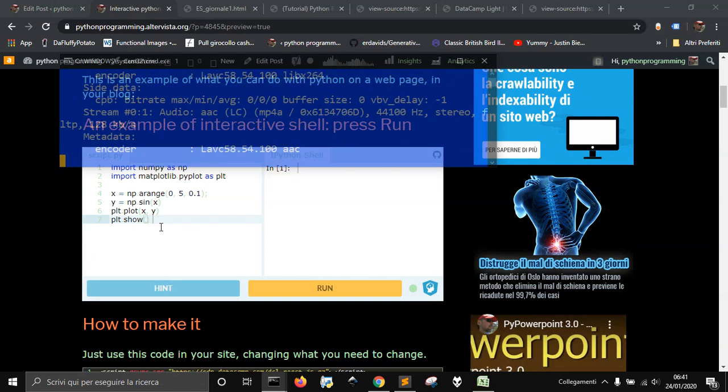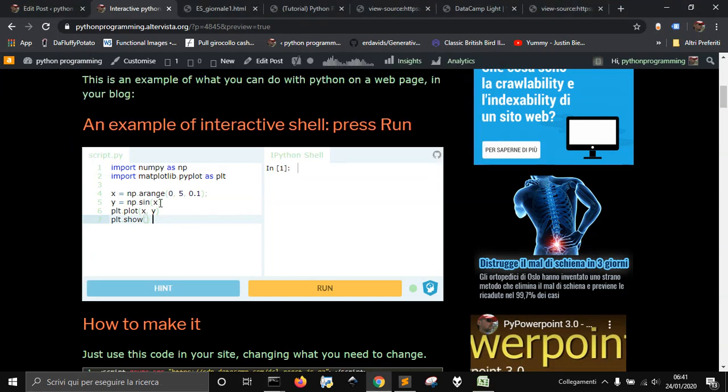Hi, today I wanted to talk about the chance to use an interactive shell on your computer. Wouldn't it be nice to use Python directly on your web page if you've got a blog or whatever, if you want to teach someone how to use it through the browser without having to install Python on it, etc. So there is an easy way to do it, and we are going to use